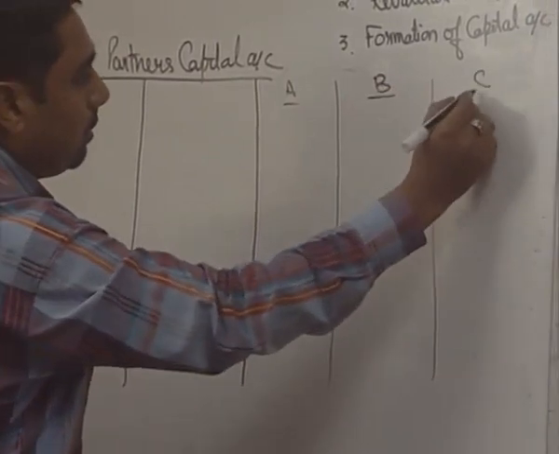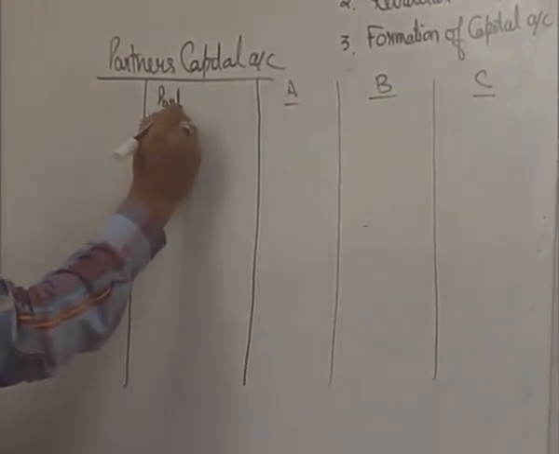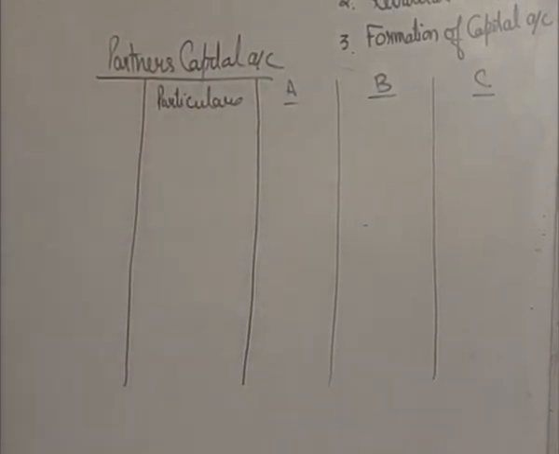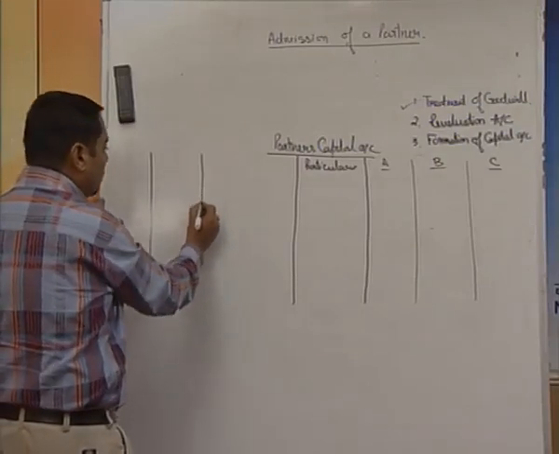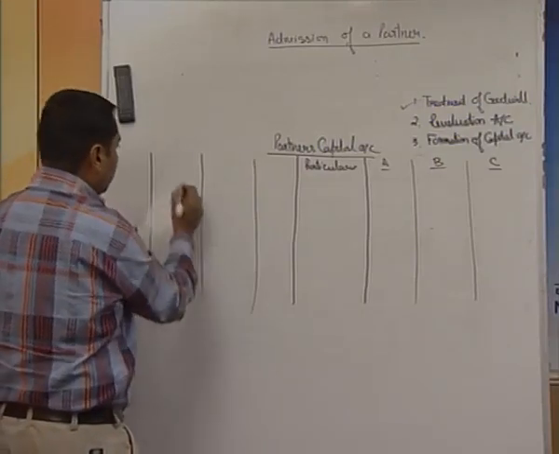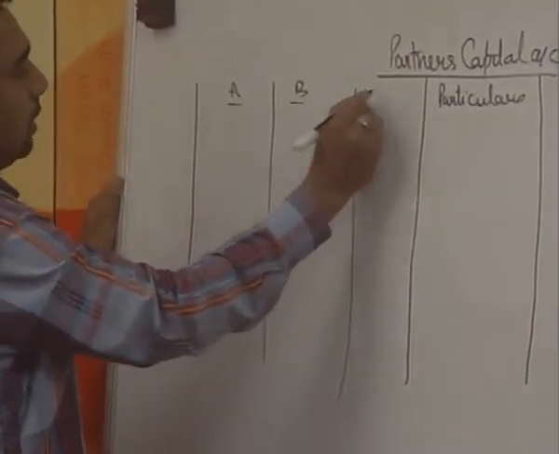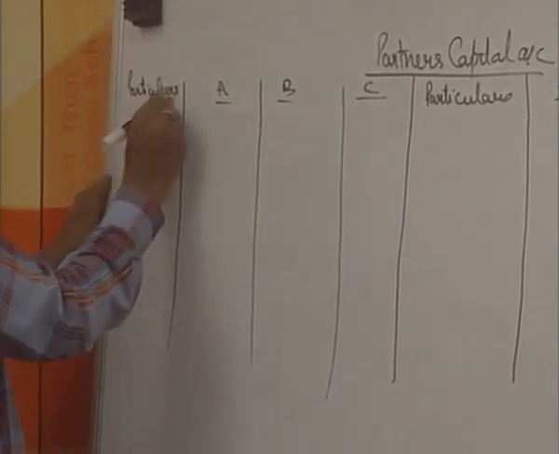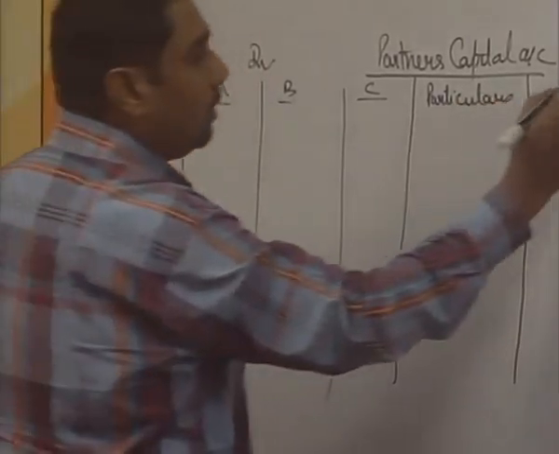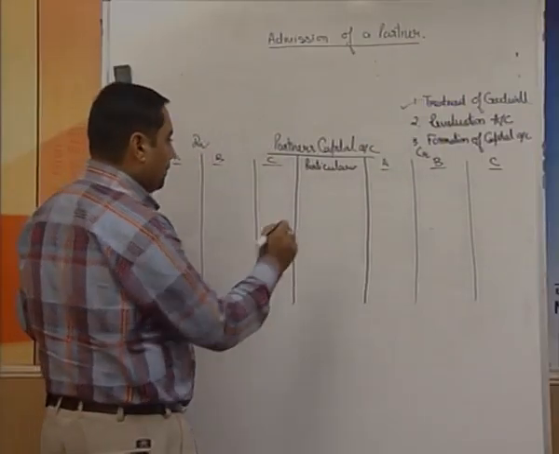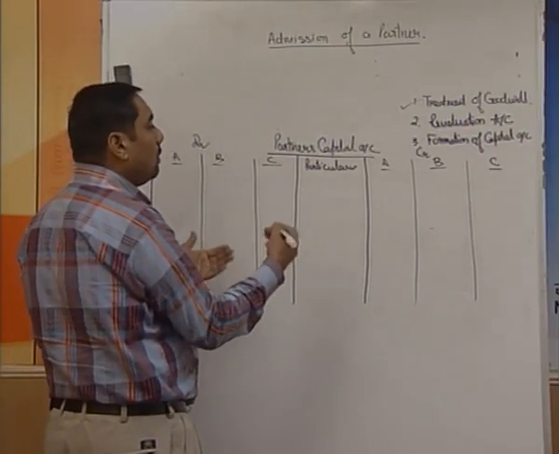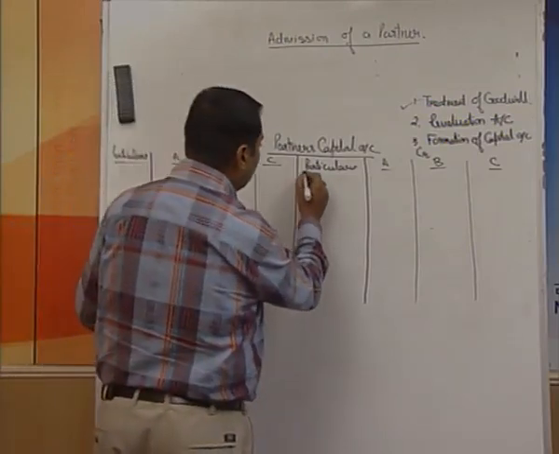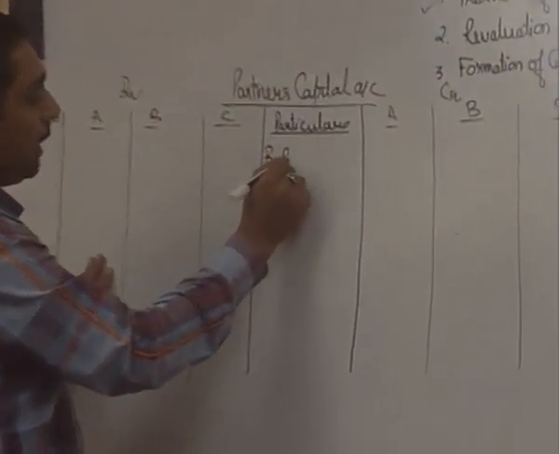We are taking the names as A, B, C, and this is going to be our particulars. Same is the case on the debit side also, one column for particulars, and we are going to have three columns for the names of the partners. This is A, B and C. Again, this is our particulars. You know, this is the debit side and this is going to be the credit side. We expect that we are always going to have the credit balance, but it can be a debit balance also depending upon the question. So, the very first thing we are going to do is, we will write by balance